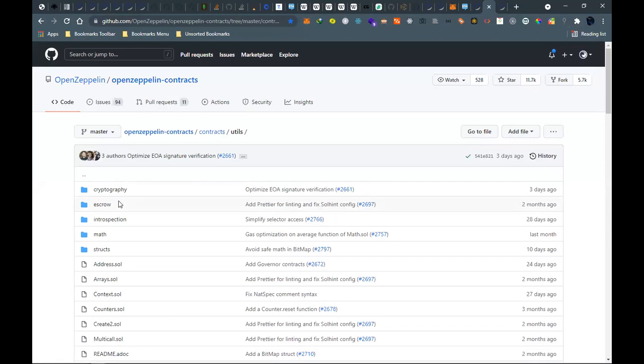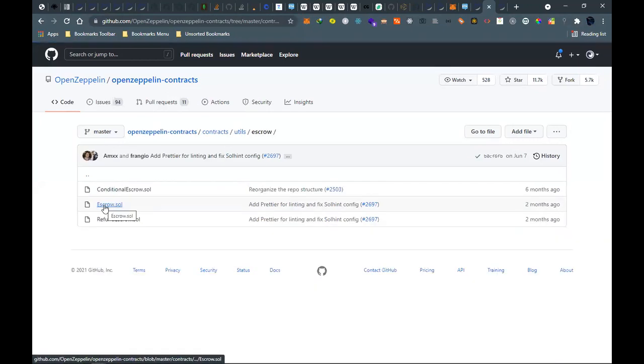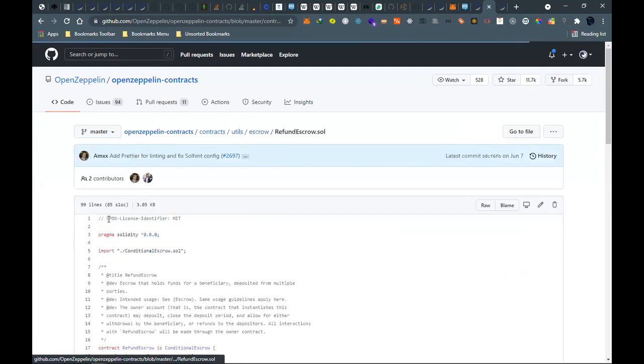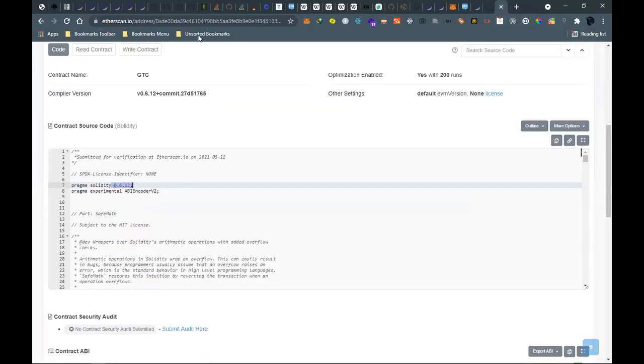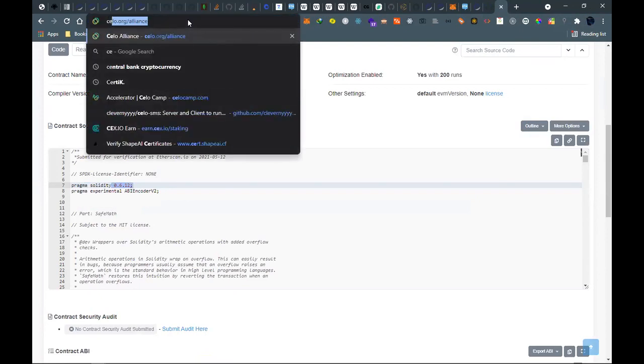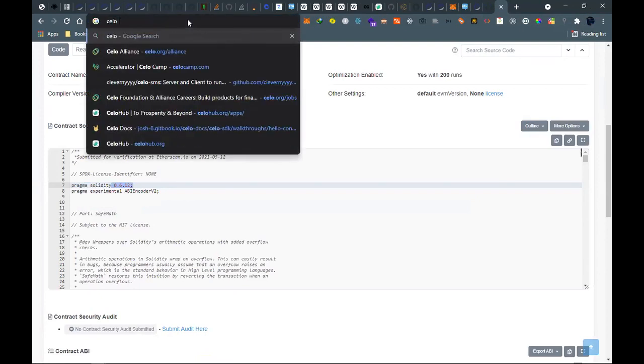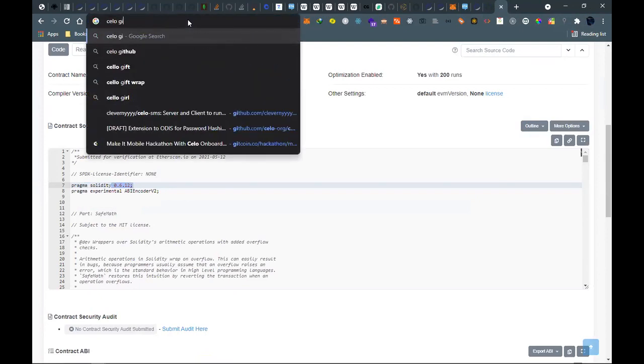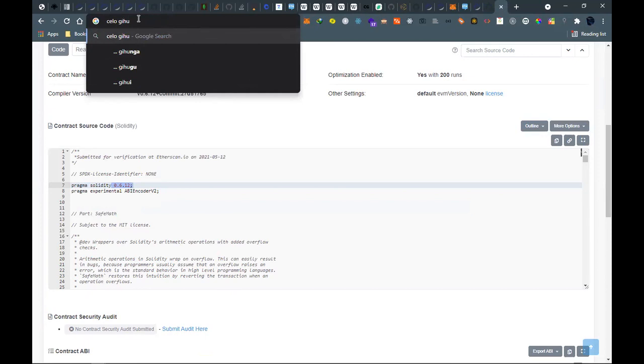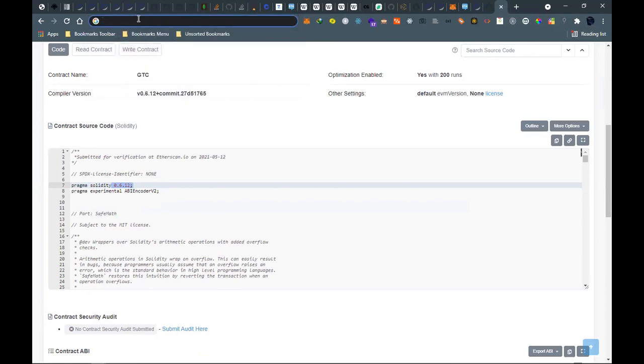access role based. You can also create an escrow contract whereby you can refund. So this is the contract Zero are using. So you can visit Zero, GitHub. Let's see it on.